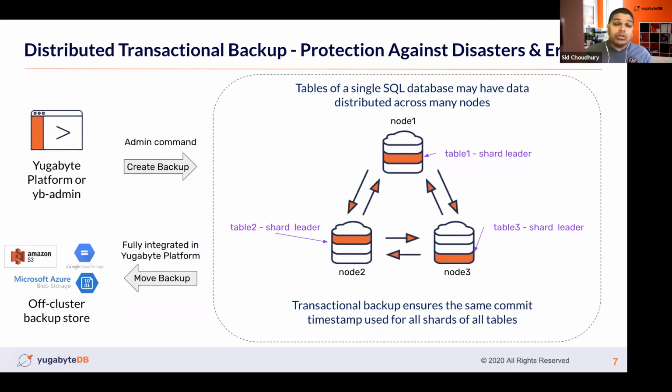Now, in the open source, we have the tooling. You are open to write your own automation as to where you want your off-cluster backup store to be, and you can develop that on your own, submit it as a pull request for others to use, and so on. So this was a very important addition. Lots of users are excited about it. They're already starting to use it, so that's great.